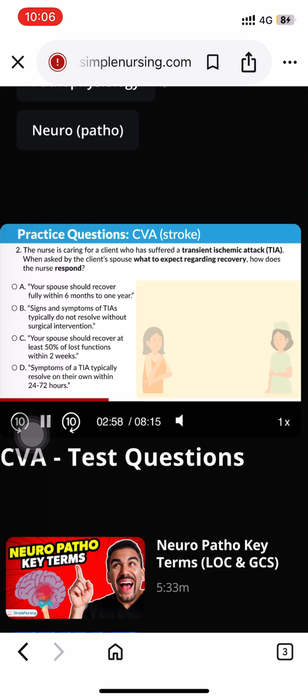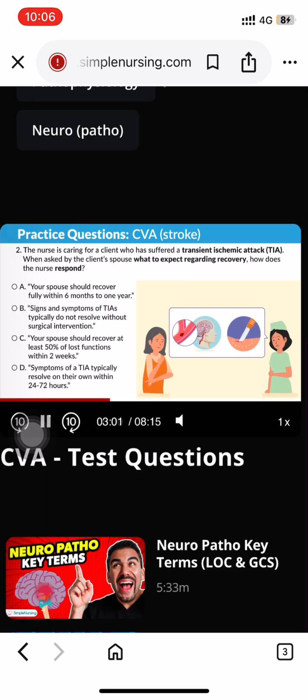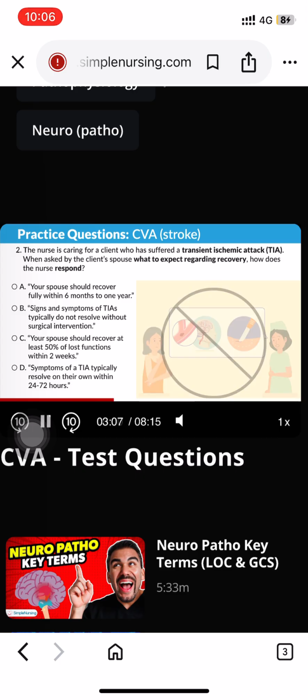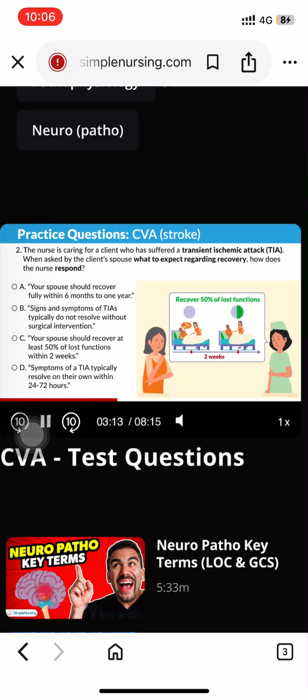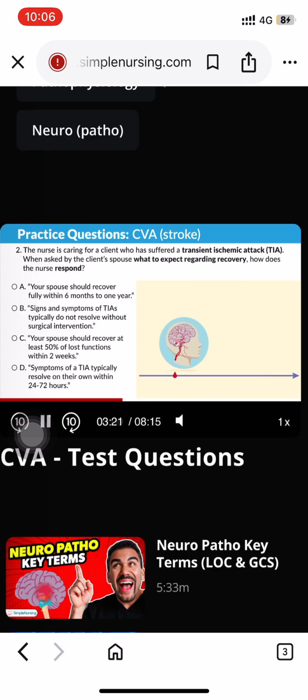So option B, signs and symptoms of TIAs typically do not resolve without surgical intervention. No, this is completely incorrect. Remember, TIAs resolve on their own without surgery. Now, option C, your spouse should recover at least 50% of lost function within 2 weeks. No, another incorrect option. Remember, TIAs are that lack of oxygen with signs and symptoms that typically resolve within a